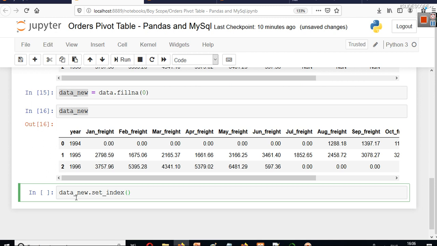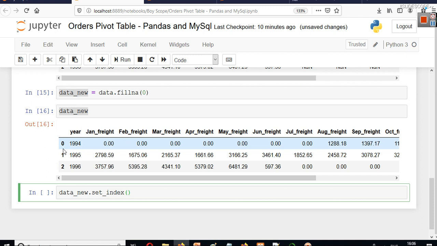So again, for analysis you have to remember things like this. If you want to use Python pandas, there is a simple method, that is set_index. You can see whenever a data frame is created, in this data frame you have this thing here: 0, 1, 2. This particular thing that you are seeing here is the index of every row. So this row has an index of 0, this row has an index of 1, and this row has an index of 2. So this is the index here.